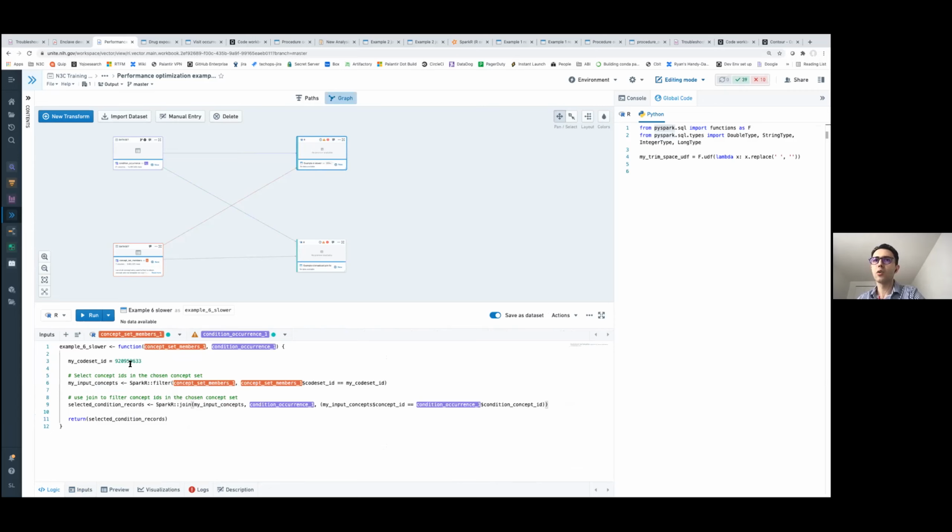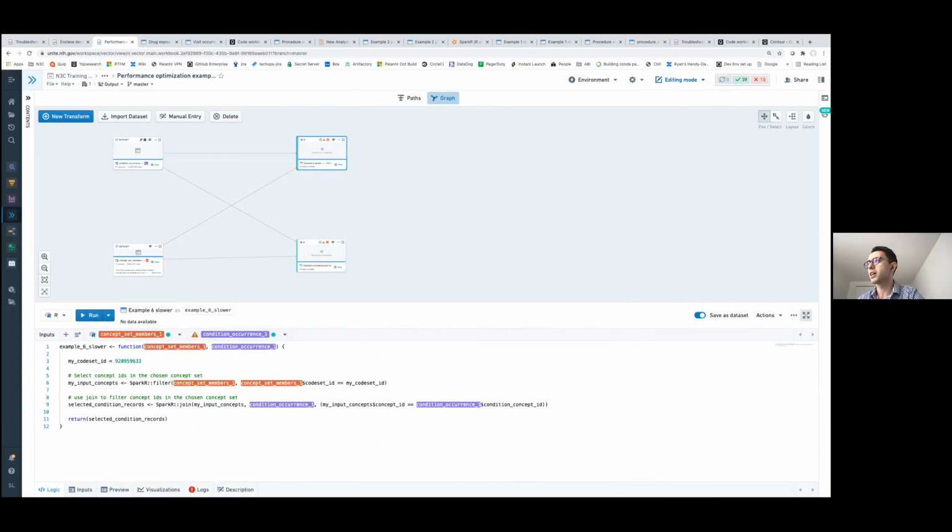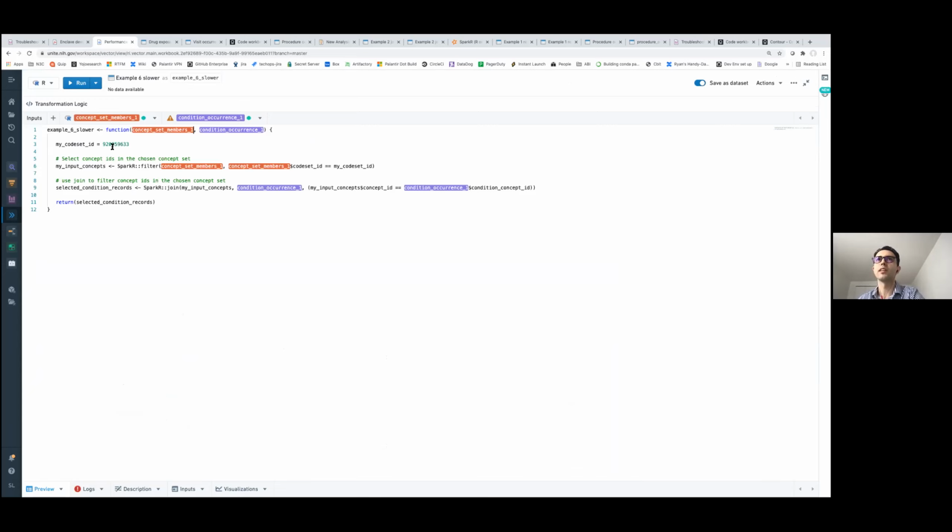In this R code, I'm taking my concept set members table. Let me maximize this so that it's easier to read. I'm filtering my concept set members table to this code set ID, and then performing a join with this large condition occurrence table. So again, we have a large data set, condition occurrence, joined with a much smaller concept set members data set on the concept ID.